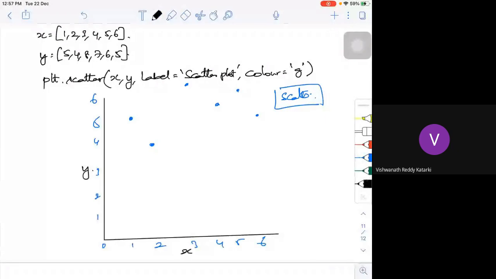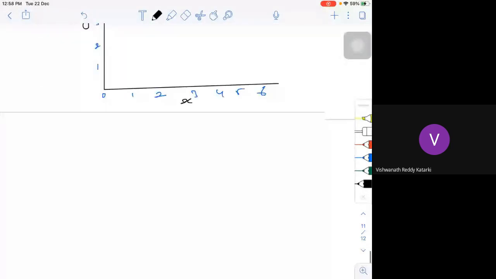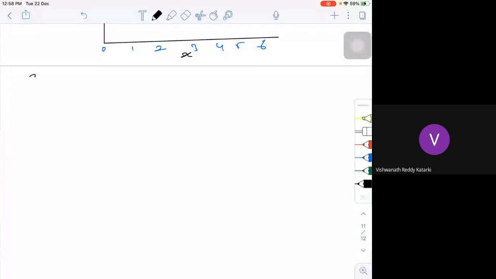Like this you can create, if you want, there is something called a subplot also. What is a subplot actually? One plot is inside the other. Subplot is very, very helpful. We call that multiplots. To create a multiplot, what we try to do is we call that subplotting. A few books call it subplot or multiplot.